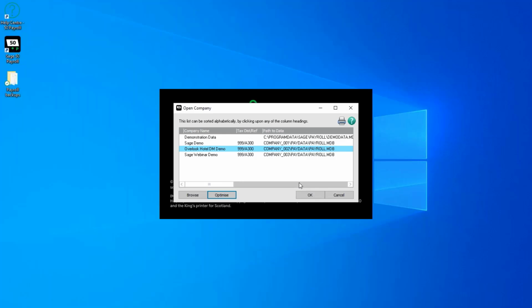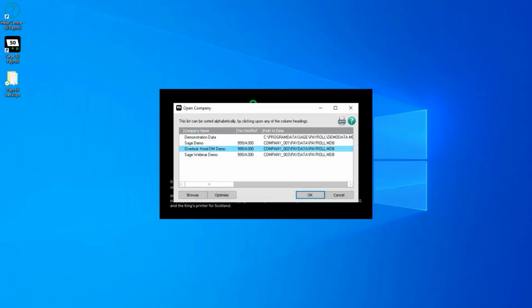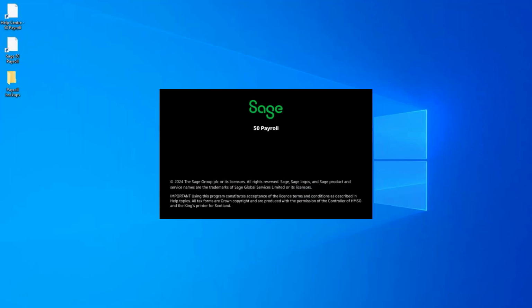You would need to do this separately for each company if you plan to optimize each of them. But once you've done so, you can log in the usual way. I'm just going to set my next pay date as if I'm logging in to run payroll, and that will then take you into your program. Now, the second thing I'm going to show you